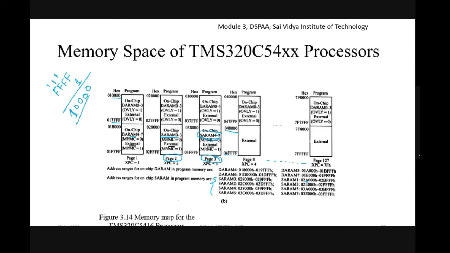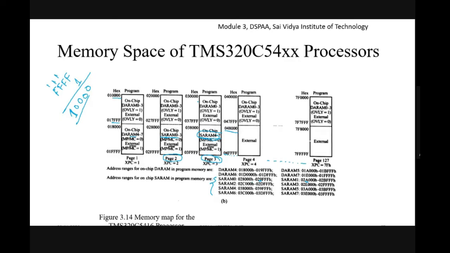It is 1, 2, 3, 4 till it is 7F00, because we have 127 different pages in the case of TMS320C54XX. So we have to write a program in such a way that we specify which page we are addressing, whether page 1, page 2, or page 3. That address will tell us from which page it is working. So this is about the memory space organization of